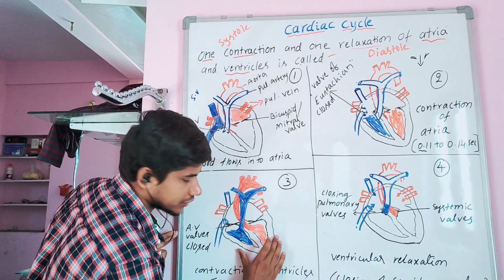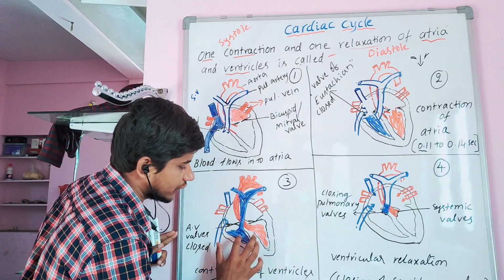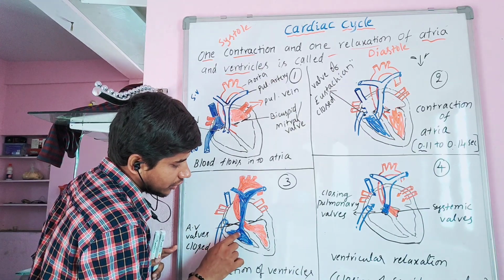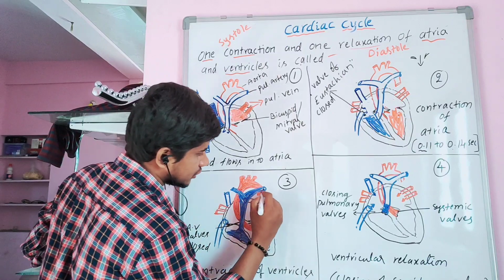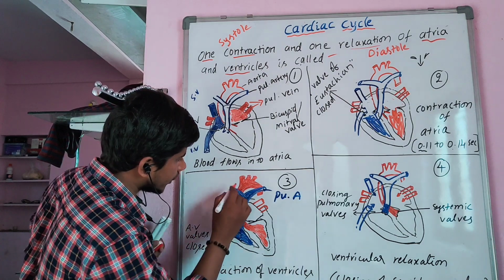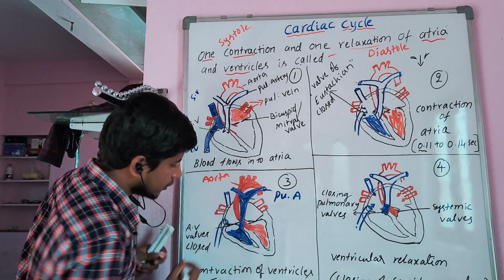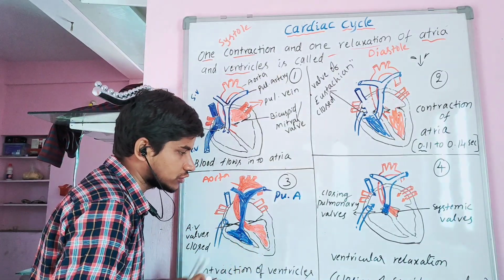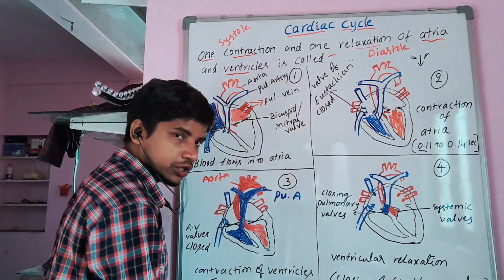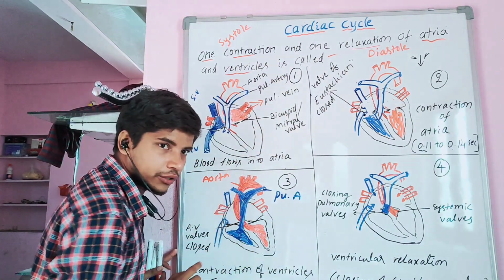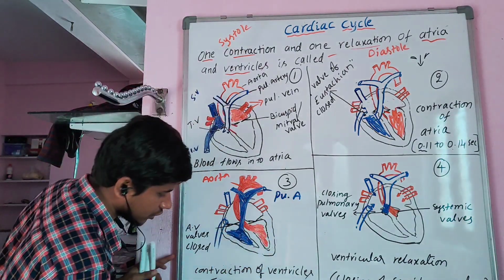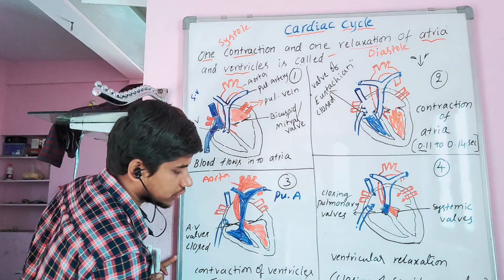So when the ventricles contract, the blood from the ventricles will be pumped into the arteries. We know that from the right ventricle, the pulmonary artery is arising. This is the pulmonary artery. And from the left ventricle, the aorta is starting. So this is the aorta. When the ventricles contract, they have to contract with high force. Why? Because the blood has to be pumped to the head and also to the toe through the aorta. So there must be a very high force. So the ventricular systole is a very forcible process which takes 0.27 to 0.35 seconds.